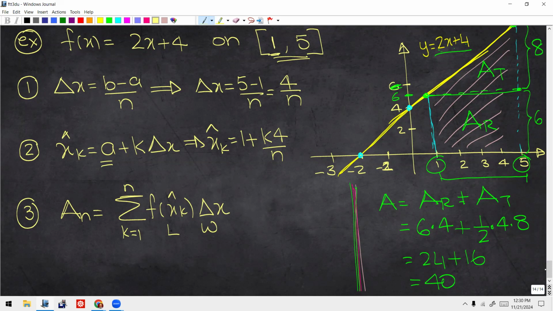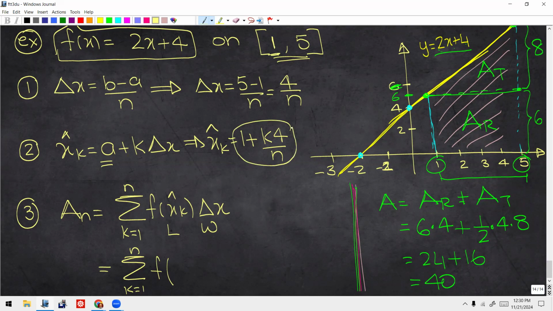So let's plug this in. What do we know here? We get summation k is equal to 1 to n. What is f? F is my function here, correct? You guys follow? So just keep that in mind. I'll come back to that. What is x hat sub k? X hat sub k is 1 plus 4k over n, and delta x is what? 4 over